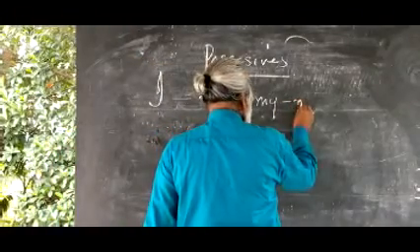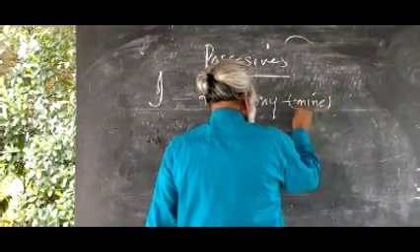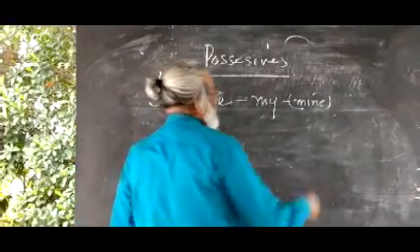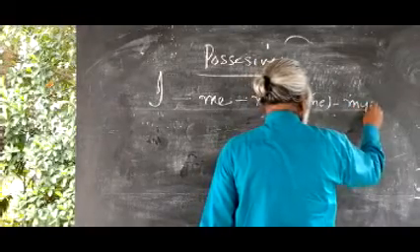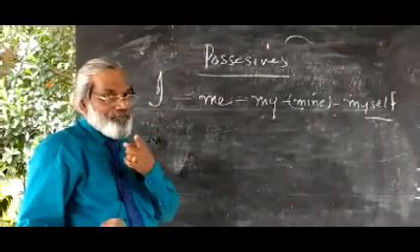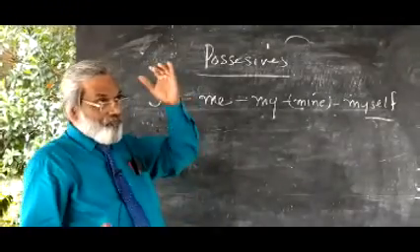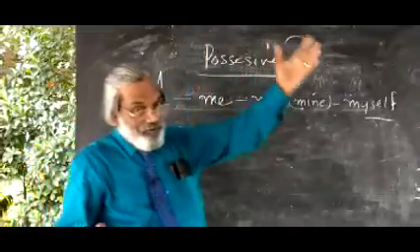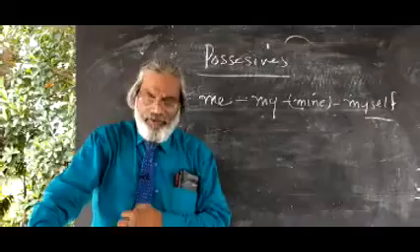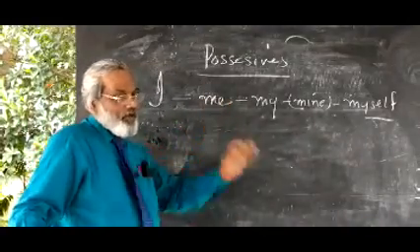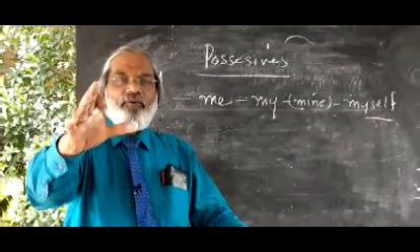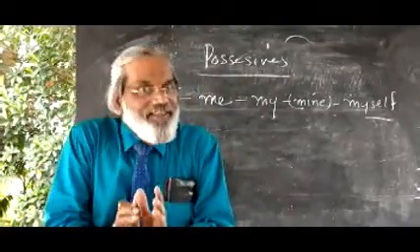Automatically it has a different form also, mine. That different form, mine, is also possessive. Then another one will be the self form, myself. What is related to self? Self is a pronoun, you remember? Emphatic pronoun, reflexive pronoun, or what is called, according to structural grammar, the self pronoun. So we have studied so many pronouns, and there the self pronouns are coming. These self pronouns have a self entity.